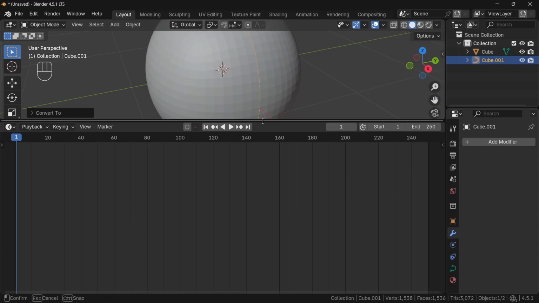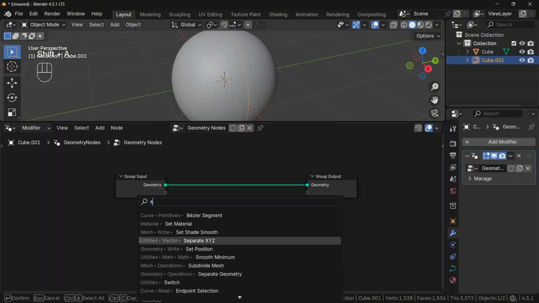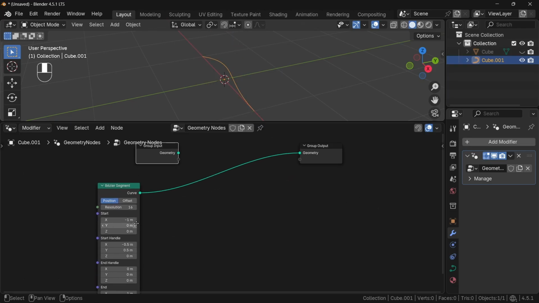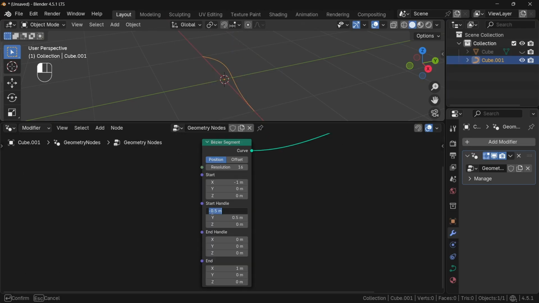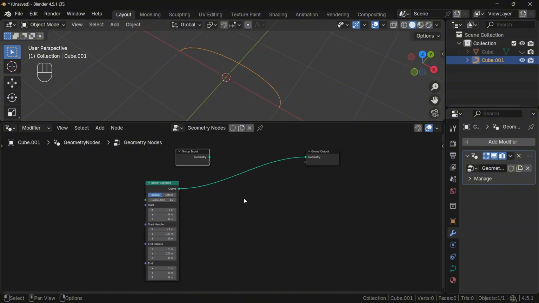Now open geometry nodes, add a new setup, and to create the stitch, I will add a Bezier segment. I will change the values of the end and the start handle to be the same because, as you know, the stitch shape is kind of symmetrical. And so this already looks like a stitch, but it's just a curve, so we need to give it some